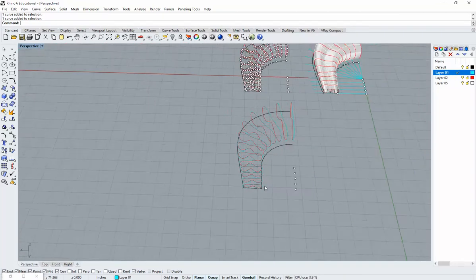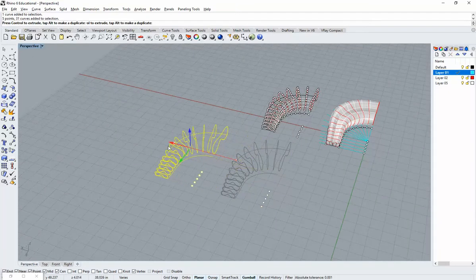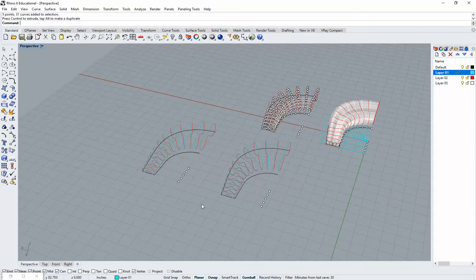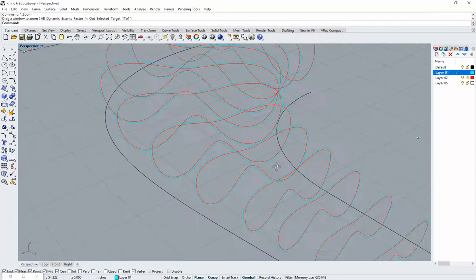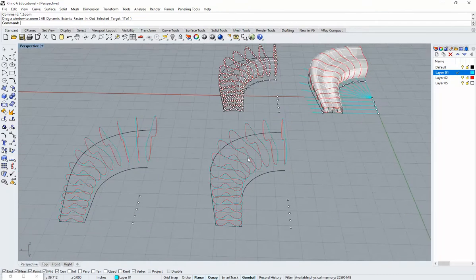So before I go any further, I'm just going to make a copy of this as well, and I'll save it for the next step. So I'm just going to hold Alt and drag that over like that. But while we're still on the topic of drawing out a new wireframe, let's work with these offsets now and